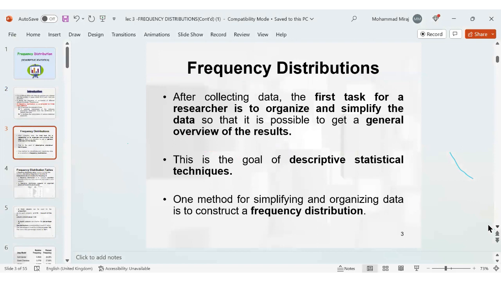So you can see this like frequency distribution. After collecting the data, the first task is to now see what is the purpose of data. The purpose of data is like even it should be simplified in such a manner that even any